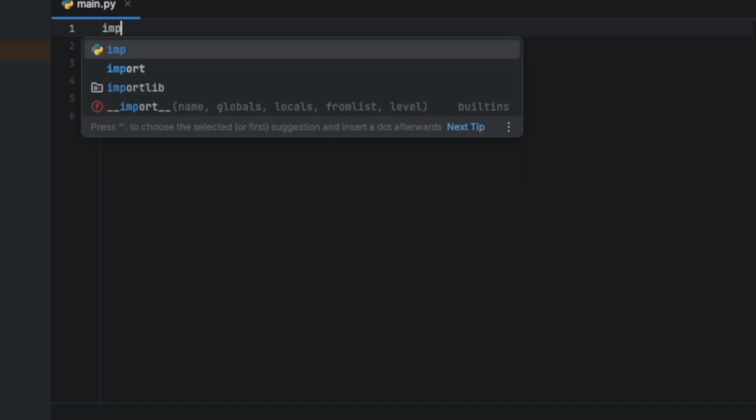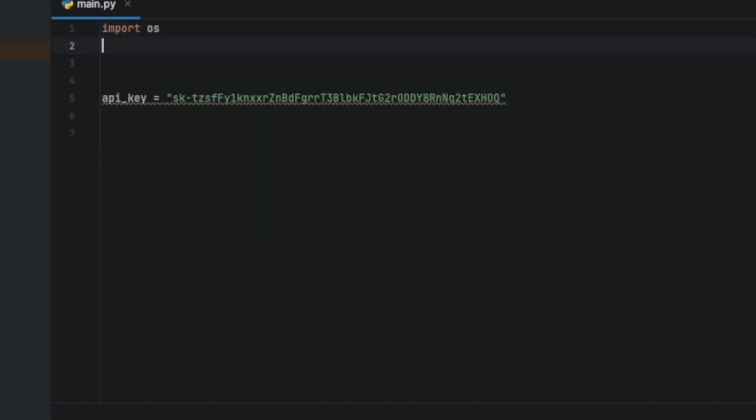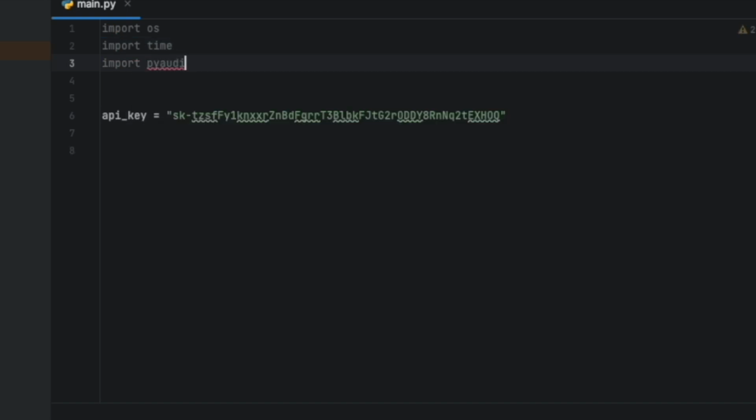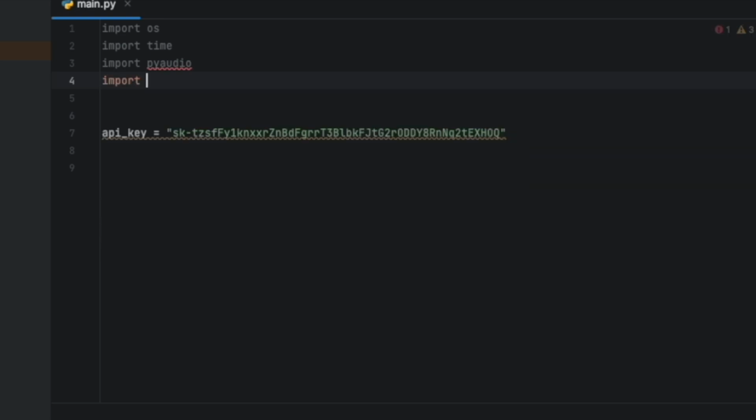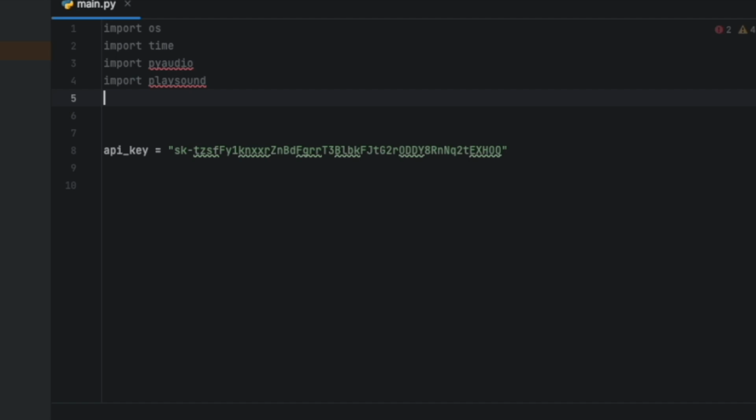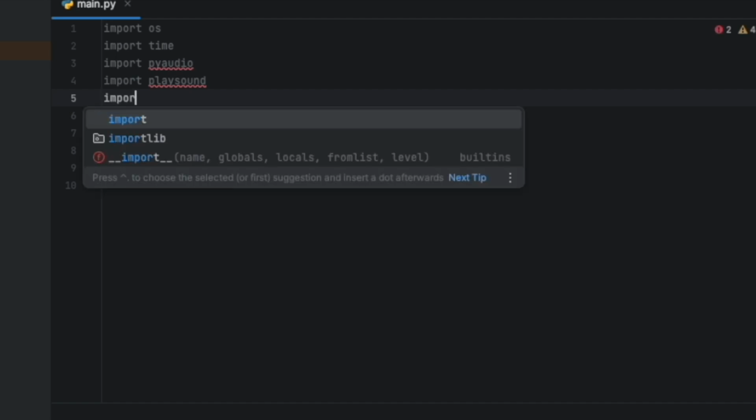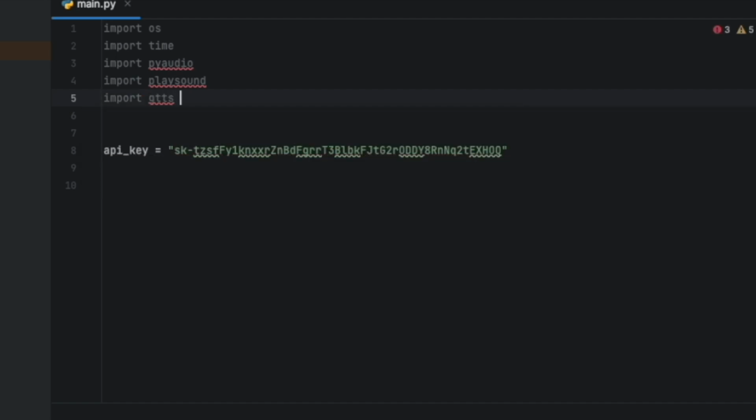And we're going to import some modules now. So we're going to import os, we're going to import time, we will import PyAudio, and we'll also import playsound. We're going to use these to play our sound, and then we're going to import gTTS from gtts like this.